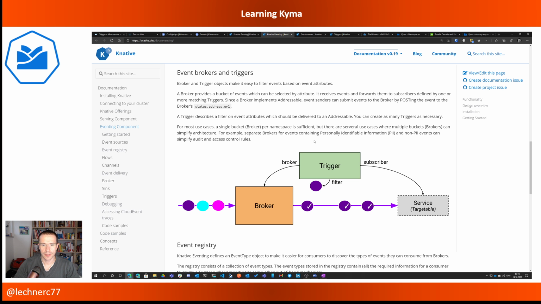So as you can see here, we have a trigger, which is basically a filter on event attributes that you would give forward to the subscribed service. And you have a broker, which simply brokers the events. You can also put in filters in there. This is something that already comes out of the box with Kyma